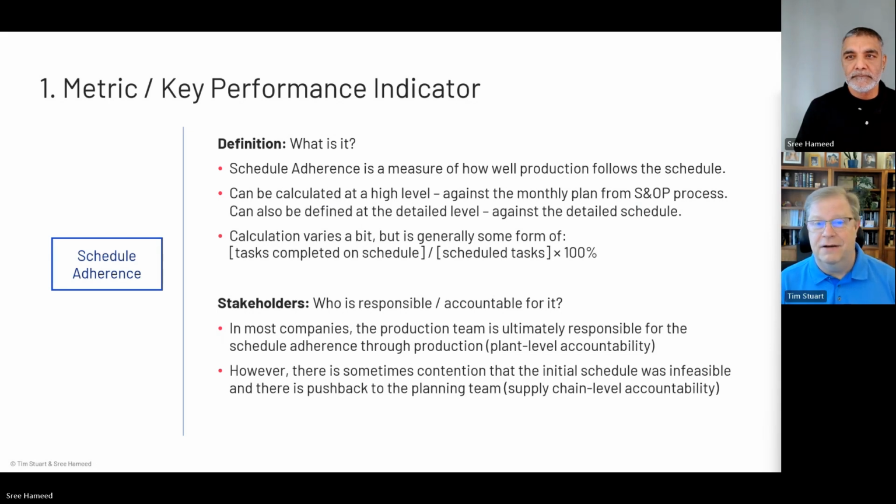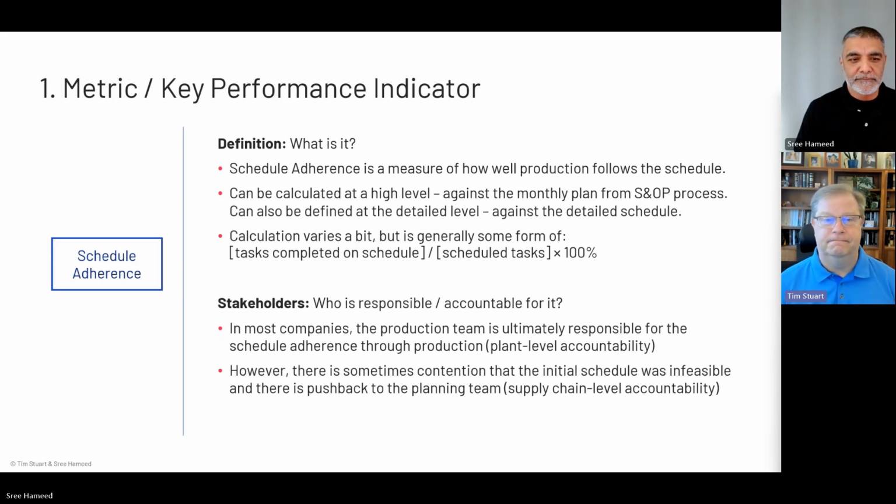In terms of who's responsible for it, just about everybody in production and scheduling is going to be responsible. For example, the materials team and the procurement team have a big say in whether things get done on time, with proper quality, etc. But primarily the people who are accountable for it are the production team itself. But since there are many functions that are partly responsible for it and contribute to reaching this goal, there can be pushback from the plant teams that the schedule was infeasible in the first place. In that case, the planning team at the corporate level is going to certainly be held accountable for their portion of that.